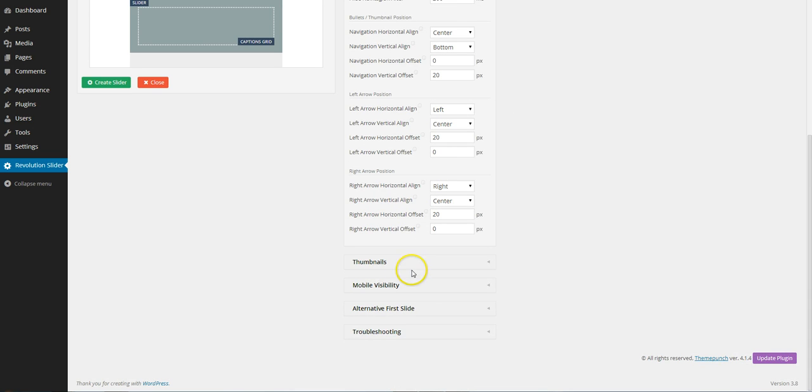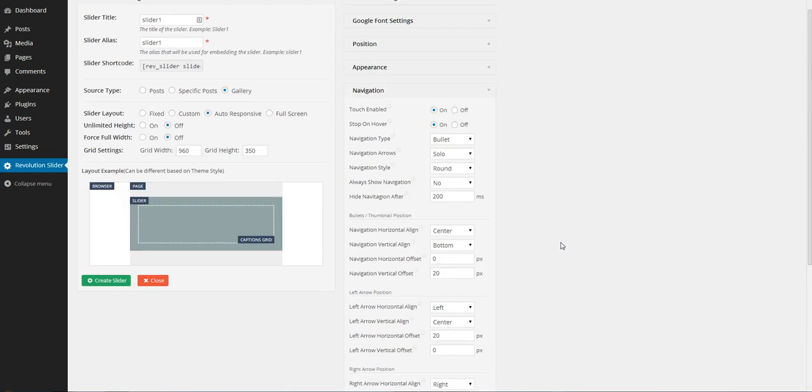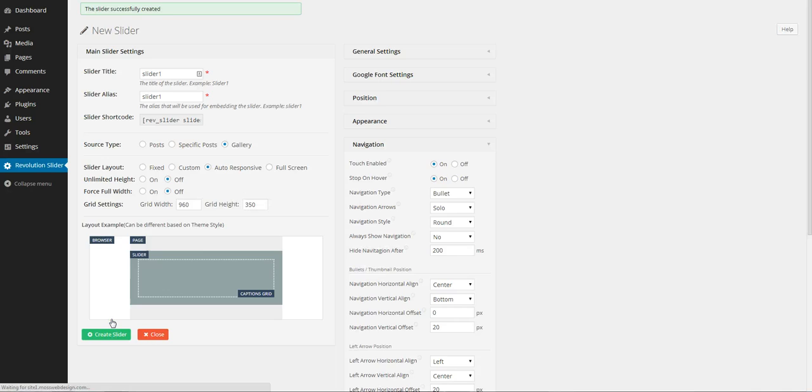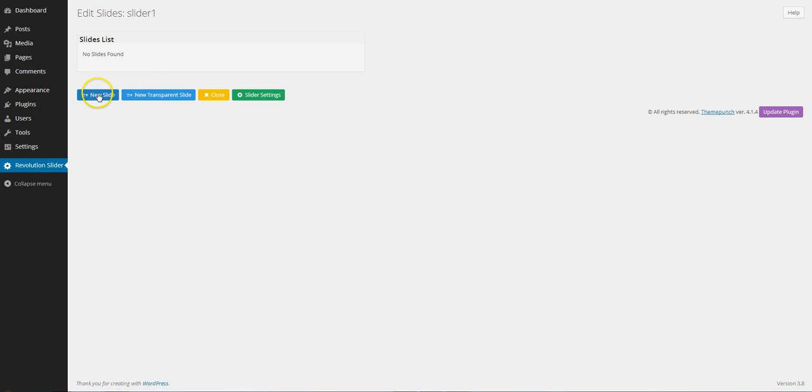And then there's lots of other options that are really alternative, just cosmetic type things that you can adjust if you want to. But we're not going to mess with all that. I'll leave the defaults on just so you can see what it's going to look like by default when we create the slider. So we're going to create it. Once it's created, we're going to go edit slides, and I'm going to have a new slide. I can make the slide transparent if I wanted to, where whatever's on the background, like, let's see,